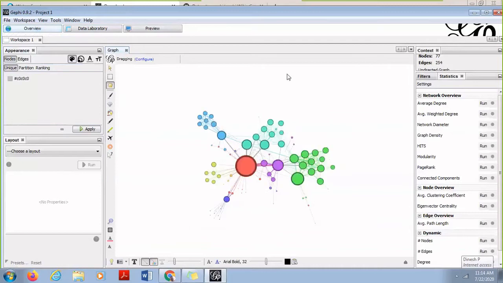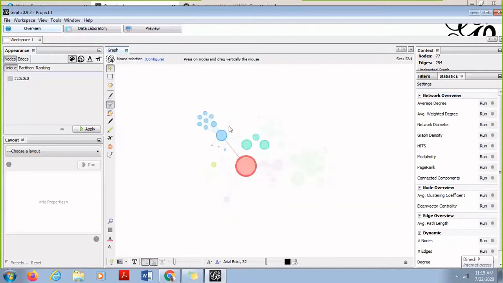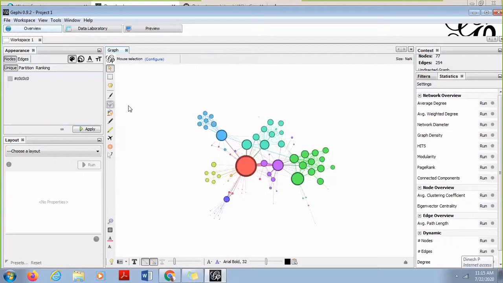Now to start with, suppose this is the network which you are able to see. There are different tools available which you can use. If you observe, there is a tool called the size tool, which allows you to increase the size of a node. So if I select it, click on this and then click on the node whose size I want to increase